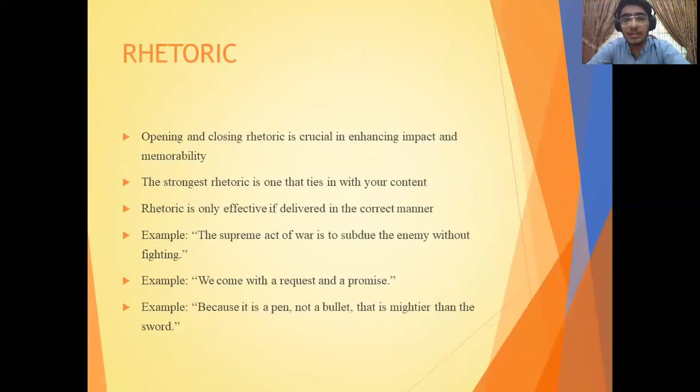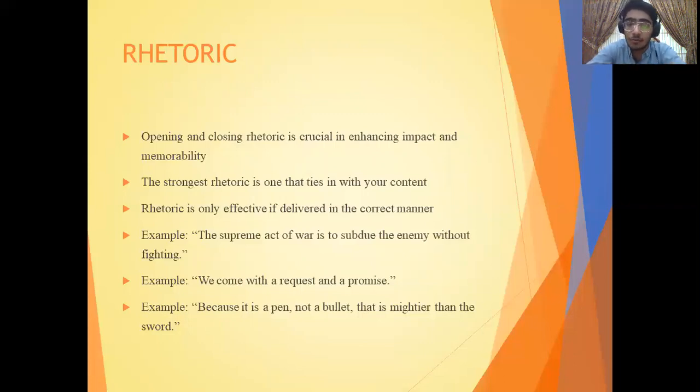So let's get straight into the first element an opening speech should essentially have, that is rhetoric. As I said earlier, I like to think of this as being divided as opening and closing rhetoric. Both are absolutely crucial in enhancing your impact and memorability. Opening rhetoric being the first thing that you say in the committee, essentially to act as an attention grabber, and closing rhetoric being the last thing that you say in your opening speech, which essentially is a strong statement that helps your speech linger on in the minds of the delegates